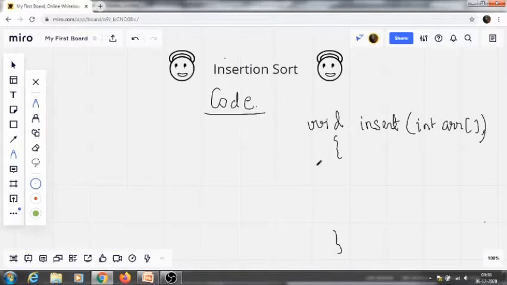Then we will start with our indexing. So we have the set of array elements, suppose 2 5 3 1 4 6. What I was telling is that we will start from here. Why? Because we need to start comparing with the previous element to check whether it is sorted or not. So obviously we will start from index 1. This is the 0th index, this is the first index.